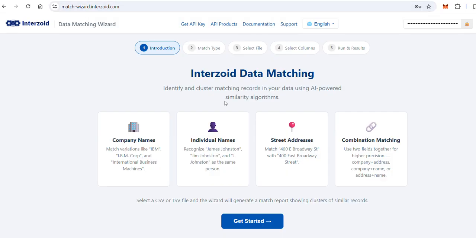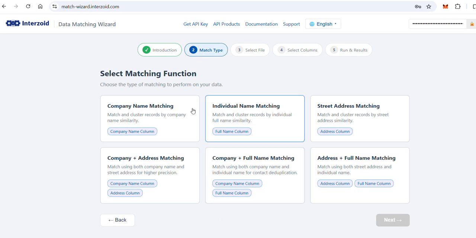match-wizard.interzoid.com. This is the actual wizard. And the one prerequisite is you have to have an API key, and you can get that at interzoid.com. That will enable you to run some data. You can get some free trial credits, and then of course there's a pay-as-you-go scenario if you want to do larger volumes of data. We simply click Get Started, and the first thing I have to do is select the